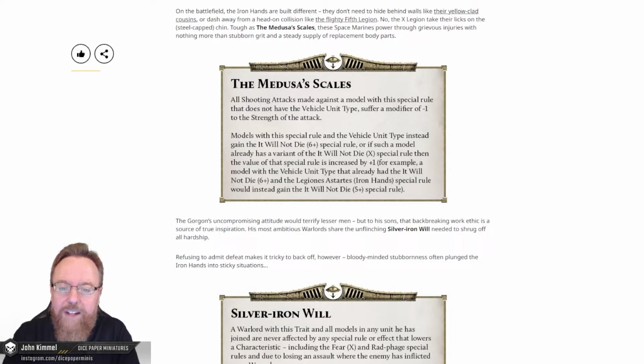The Medusa Scales. All shooting attacks made against a model with this special rule that does not have the vehicle unit type suffer a modifier of -1 to the strength of the attack. That's cool. Models with this special rule and the vehicle unit type instead gain the It Will Not Die 6+